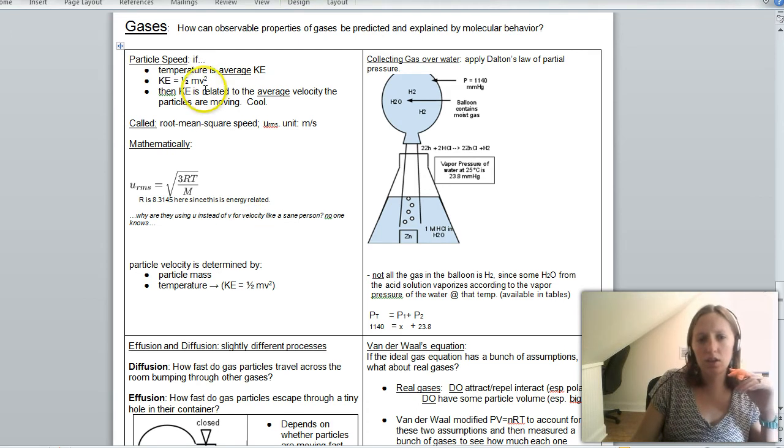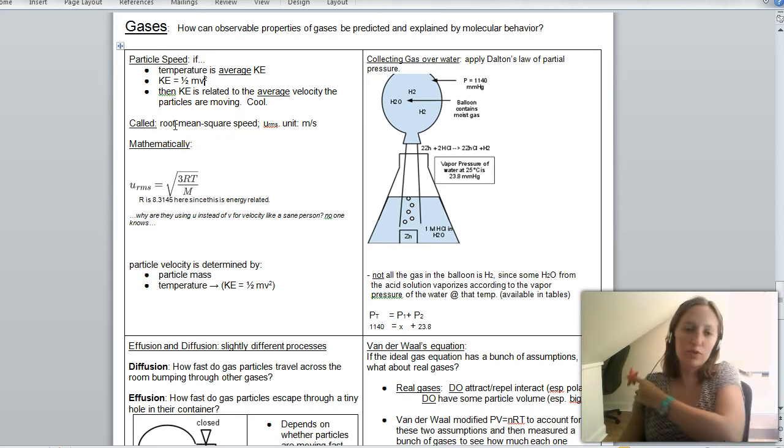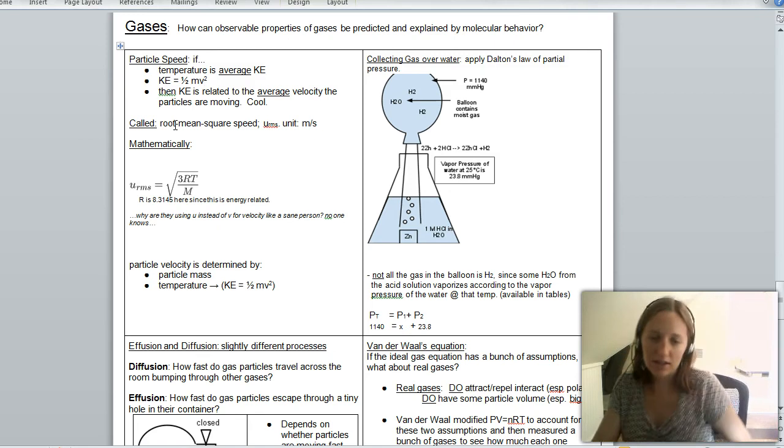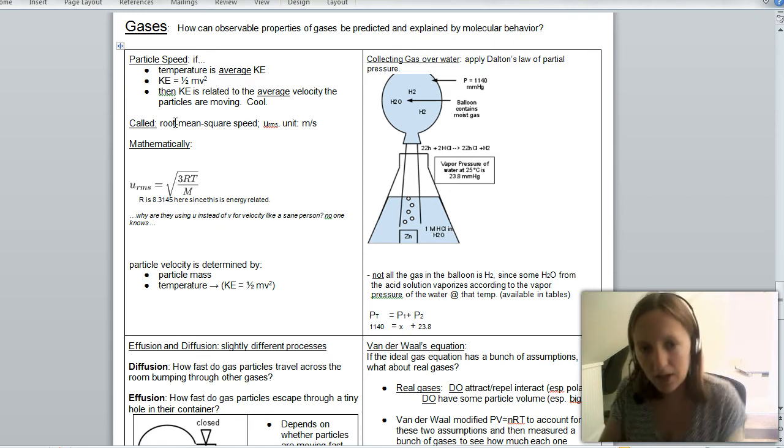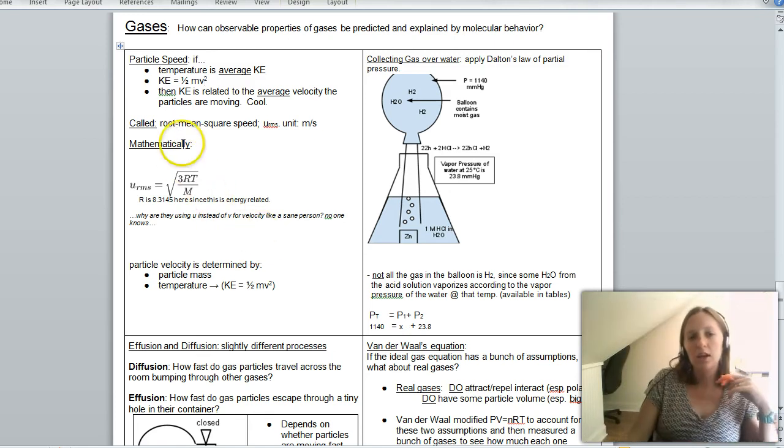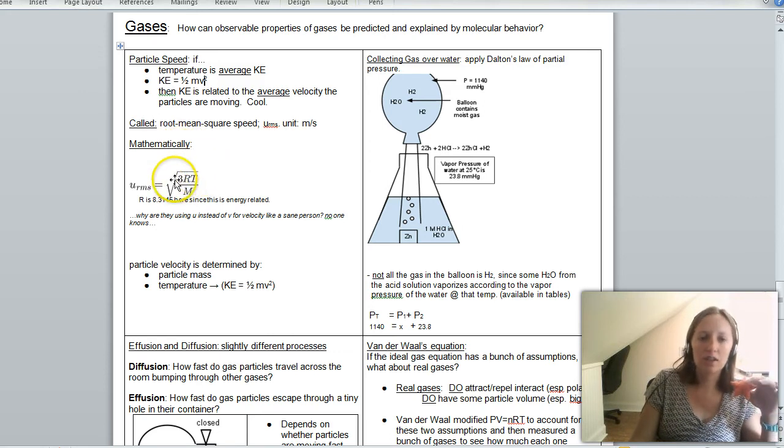And the average is called the root mean square speed. You're familiar with the use of mean as average from math class, I presume. And the unit that you get out of this is meters per second. And then, crazily, the formula to specifically figure out the velocity of an individual particle based on its temperature is this,